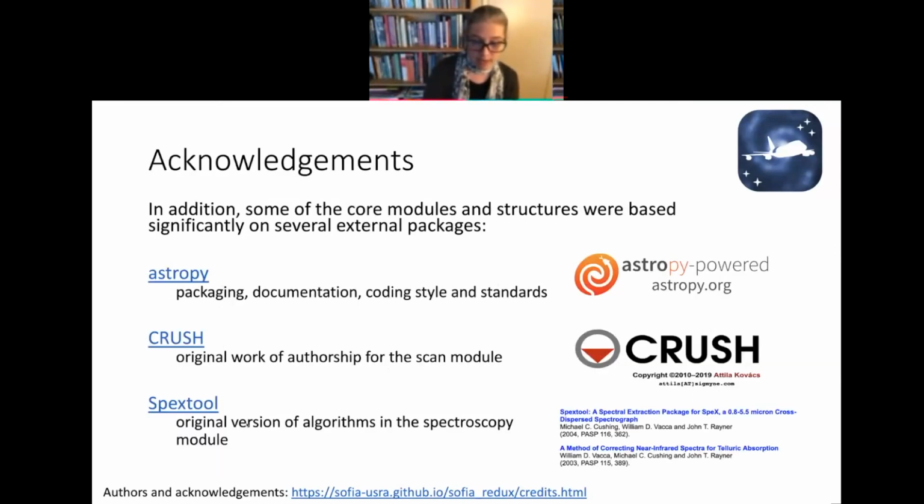In addition, I want to acknowledge several external packages that our pipelines owe significant debts to. One, AstroPy, in addition to being a significant dependency of ours, is also an absolute luminary in open source scientific code. And as such, we've followed their model as closely as we possibly can in packaging and documentation structures and